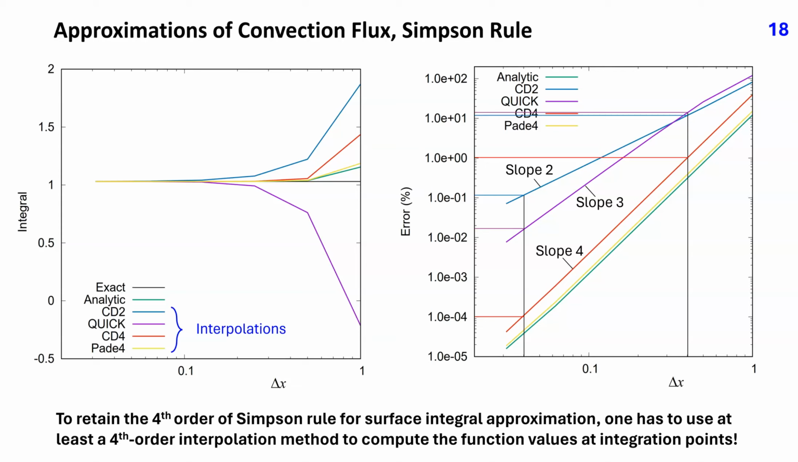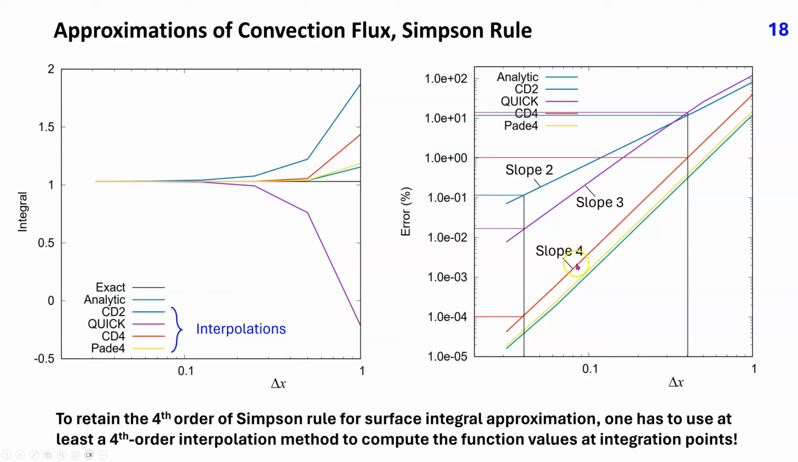This is confirmed by using quadratic interpolation, QUICK, to compute the variable values at integration points. Now the error is reduced 3 orders of magnitude when the grid spacing is reduced 1 order of magnitude. We have here third-order convergence, the order of interpolation. Only when we use fourth-order interpolation by cubic polynomial, CD4 or the compact version, or when exact values from the analytical function are used at integration points, we obtain the fourth-order convergence of the convection flux term shown by the